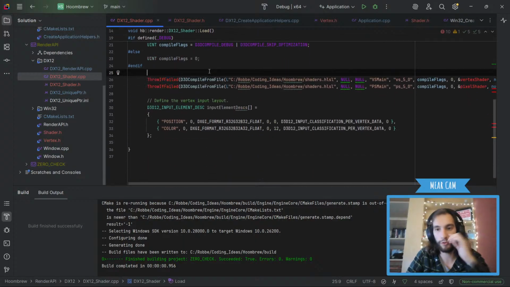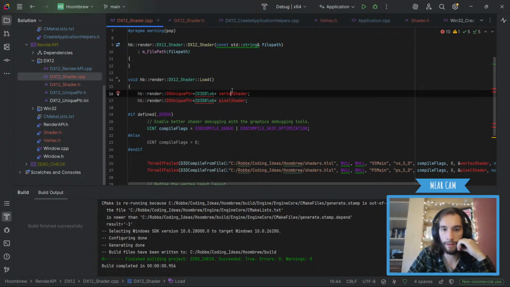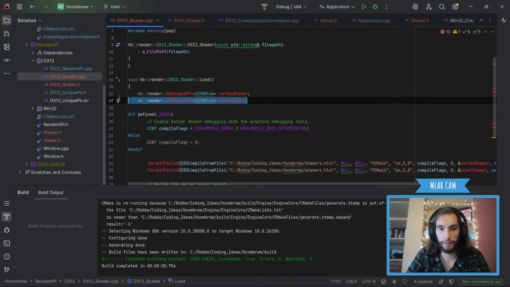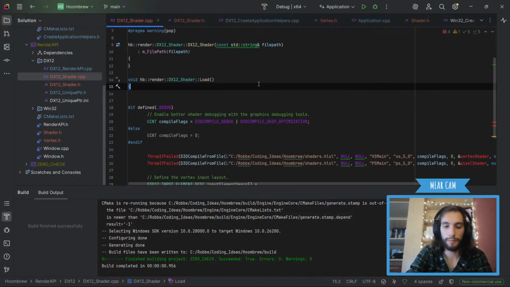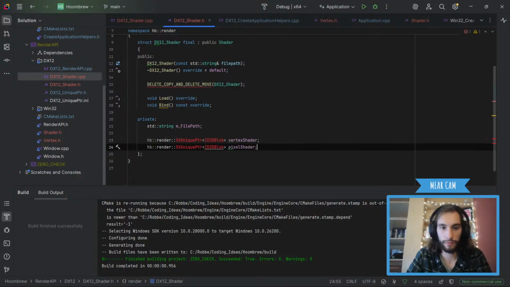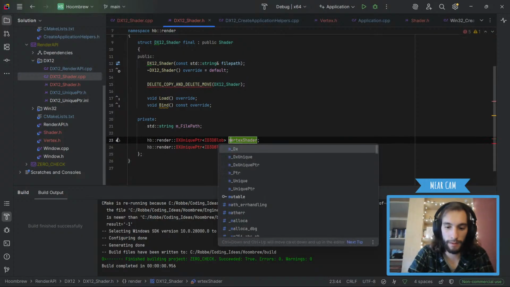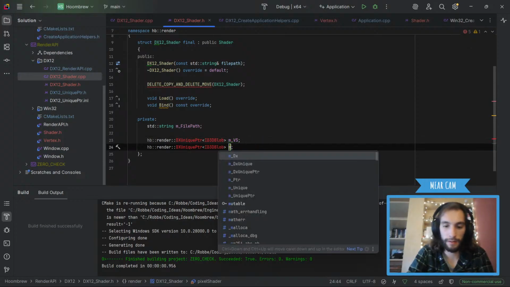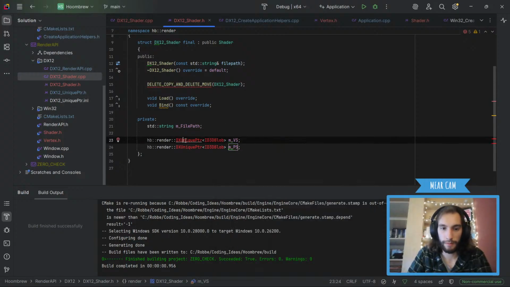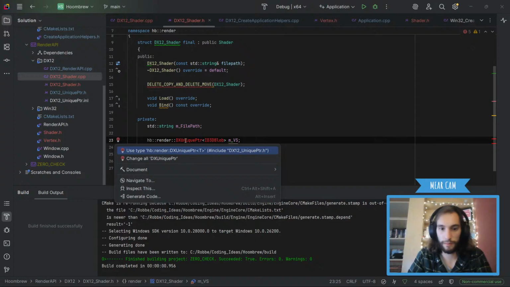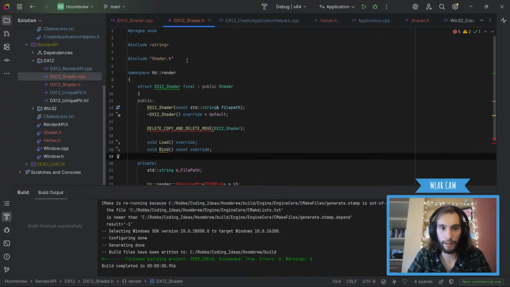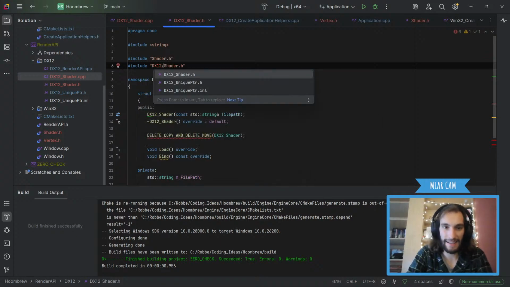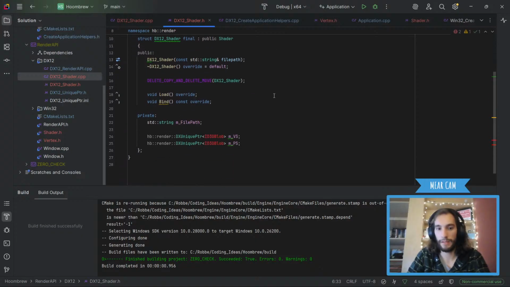Throw a failed. I'm not sure if I need it. Vertex and pixel shader, we're gonna actually yoink here, and we're gonna store them as members. So vertex shader and pixel shader. We're gonna actually include that. So we're gonna do include DirectX 12 / liquid. That will work.